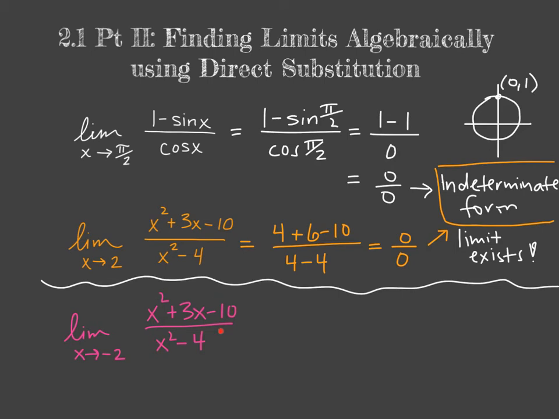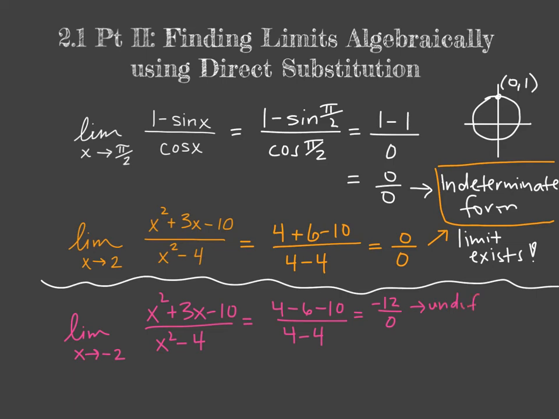Note that this is the same function as this orange problem, except instead of approaching 2, I'm doing x approaches -2. So if we attempt to find this limit using our first line of defense, direct substitution, we will have still a positive 4, but then we'll have a minus 6 minus 10, all over, again, 4 minus 4. When we do this, looks like we'll have negative 12 up there, over 0. All right, no, this is not indeterminate form. This is actually undefined